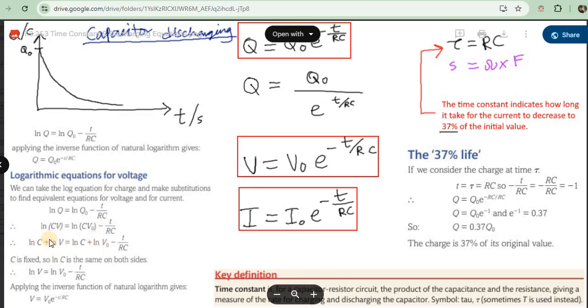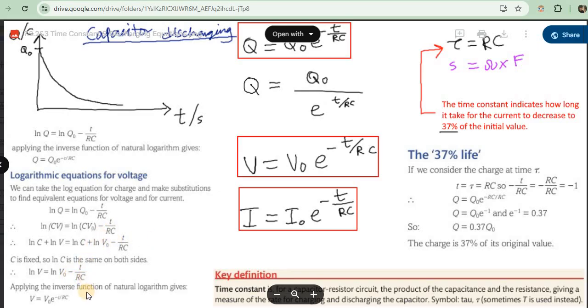So then we have multiplication. I told you, according to the rules of logarithms, when you have a multiplication, you can write it with a positive sign like this. You can separate them: natural logarithm of C plus natural logarithm of V. Then same here, and we have this. Now you can see C is fixed, so natural logarithm of C is the same on both sides. We can cancel that out. So then we get natural logarithm of V is equal to natural logarithm of V naught minus